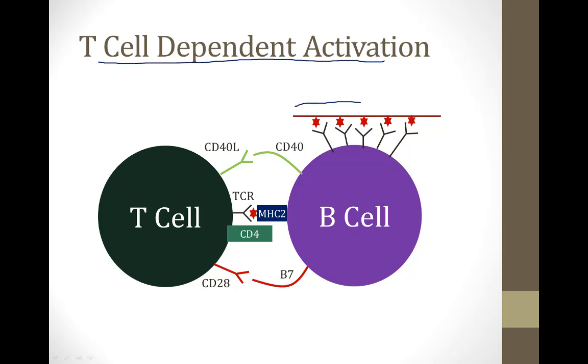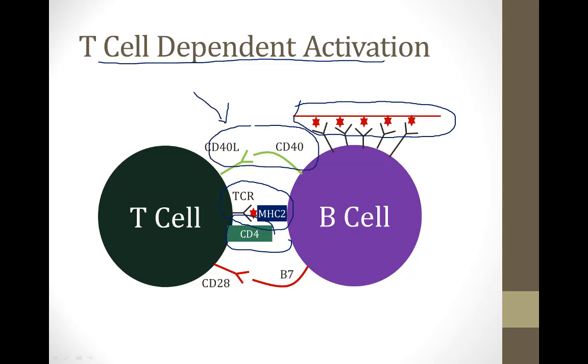First, the B cell receptors must be cross-linked by the appropriate antigen. Next, MHC class II must bind the T cell receptor via antigen presentation by the B cell and CD4. Next, CD4 ligand must bind to CD40, and this is very important for class switching of the B cell antibody production. And then finally, B7 must bind to CD28, and this interaction is important so that the T cell can